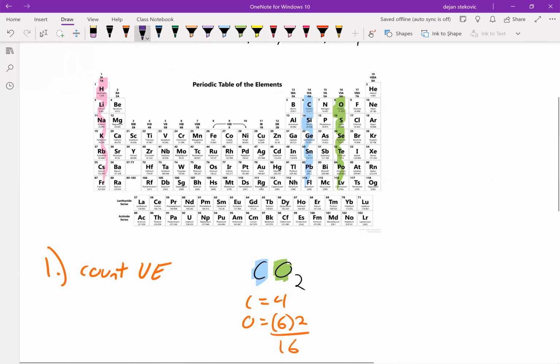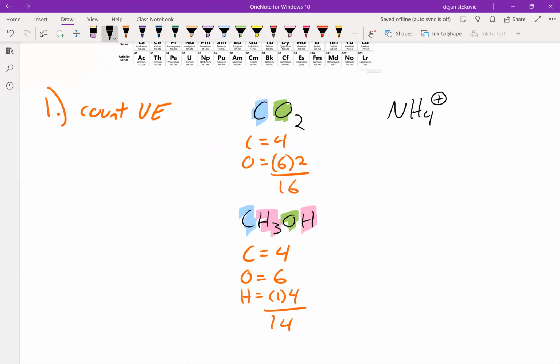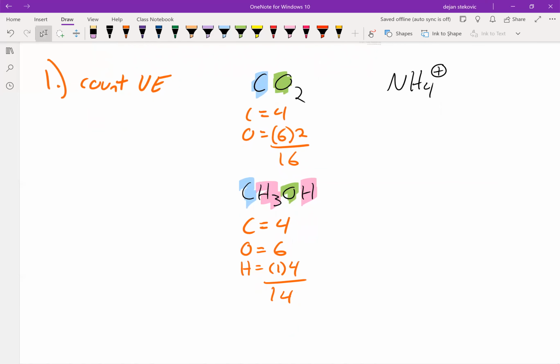When it comes to covalent compounds, these are both neutral overall. You see no charge there, but sometimes there is a charge. For example, we can have the compound NH4+, that's ammonium. We'll learn the nomenclature later, but you see that has a positive charge. Or something like nitrate, this is NO3-. So you see they have charges. And whenever we have charges, that means we either have some extra or some missing electrons. So whenever you see a negative charge,